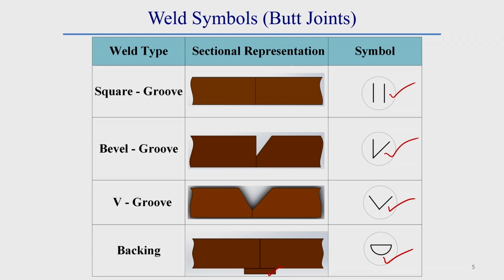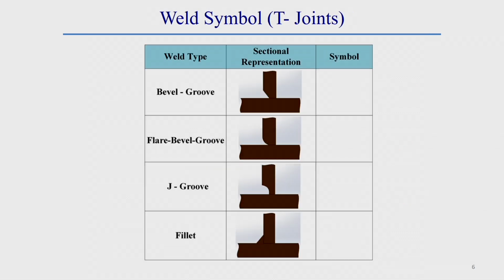Now, we will see what is the weld symbol for a fillet weld. For a fillet weld also, generally if it is a bevel groove, the weld symbol looks like this. This is generally the weld symbol for a bevel groove for a fillet weld. If it is a flare type bevel groove, that means some flaring is done here. In this case, the weld symbol looks like this. That means here also some flare shape is there. This is the flare symbol, that means the flare bevel groove symbol.